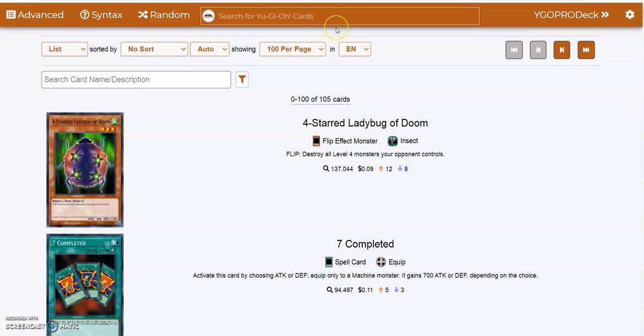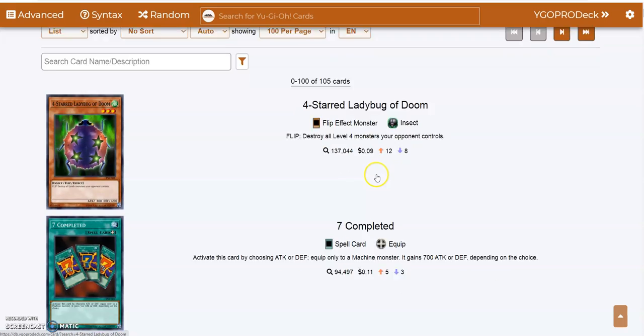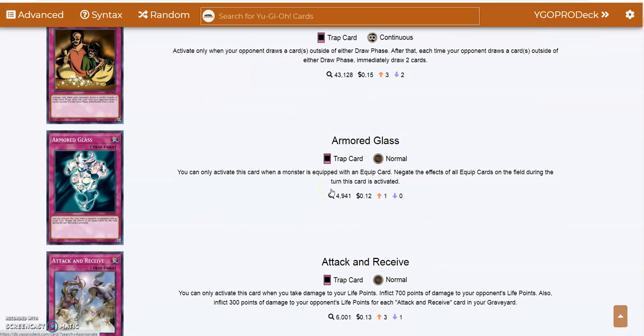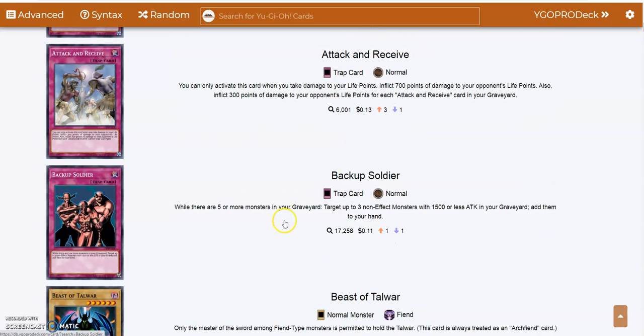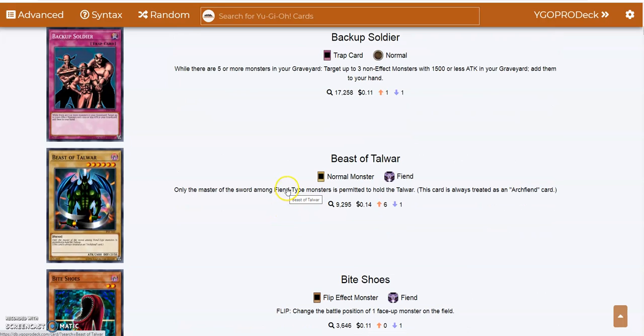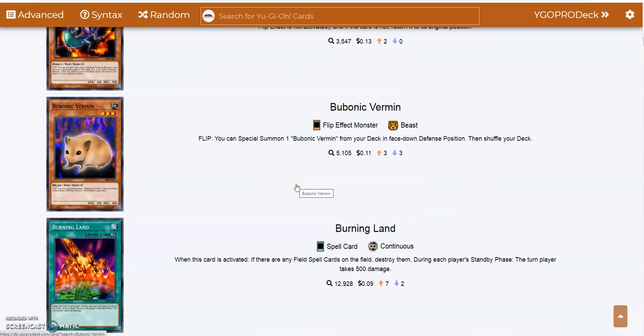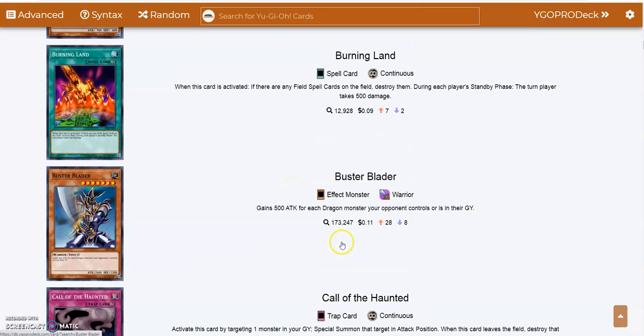Alright, so now let's go through every single card in this pack. And of course, you can take a time to pause if you want to read the effects, or check even what the card does. Okay, so we have 4-Starred Ladybug of Doom, 7 Completed, Appropriate, Armored Glass, Attack and Receive, Backup Soldier, Beast of Talwar, Bite Shoes, Bombardment Beetle, Bubonic Vermin, Burning Land, Buster Blader,